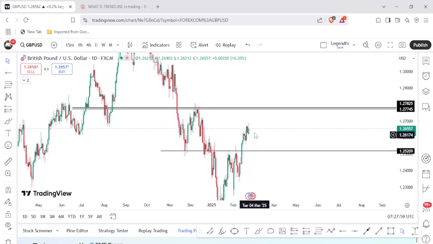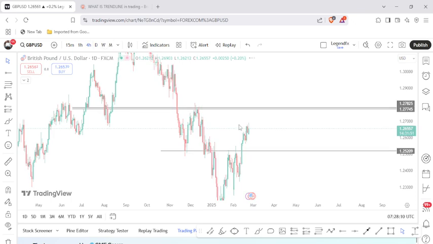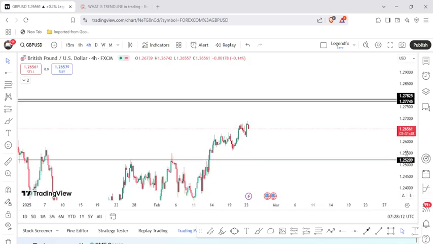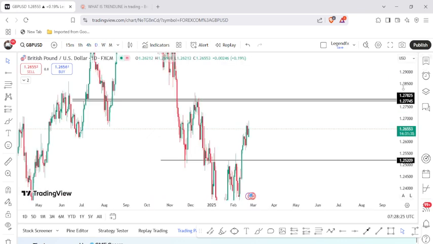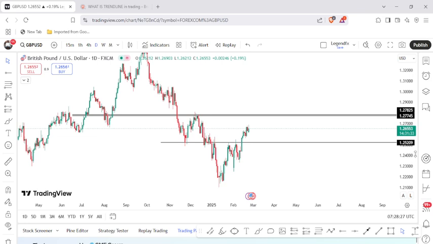Now what I'll be waiting for, like I said, I will not be interested to buy and I will not be interested to sell at this moment. At this moment, what I'll be waiting for is for this market to give me a source of confirmation on the 4 hour, or hit my area of interest, which is this particular zone here, or this particular zone here. Without that, I will not be buying and I will not be selling GBP USD. So now you can be able to say to yourself if we are in a bullish phase or a bearish phase, as you have seen from the weekly time frame what I've done.